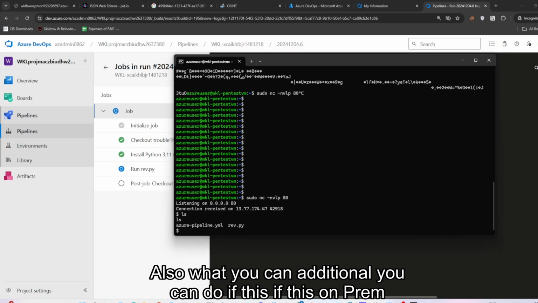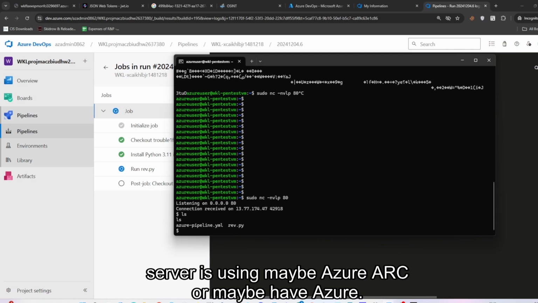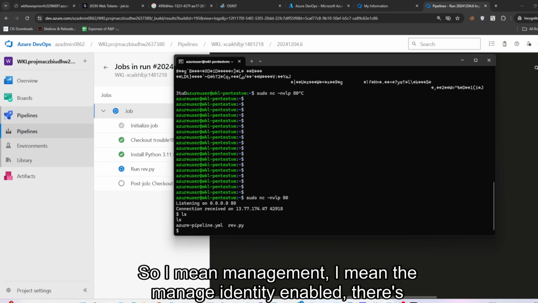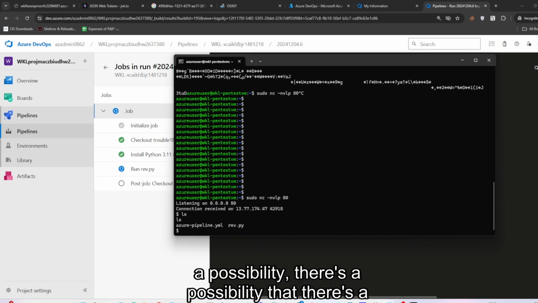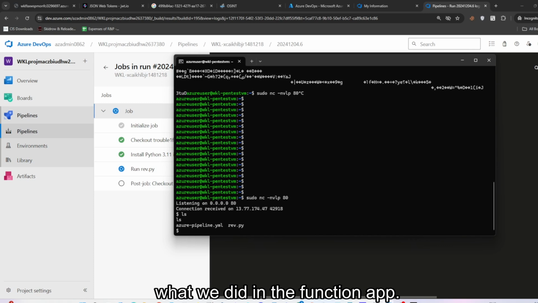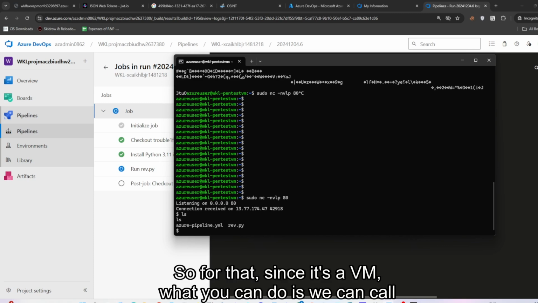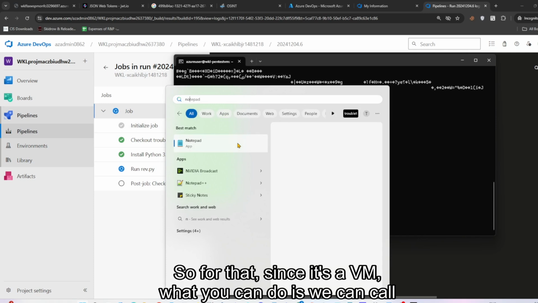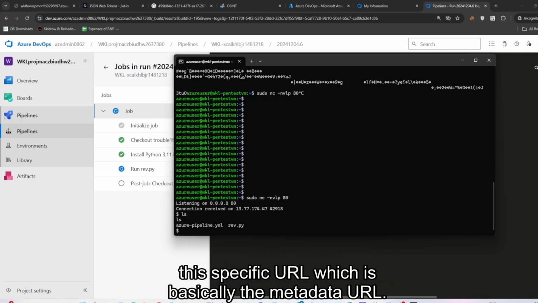Also, what you can additionally do is, if this on-prem server is using maybe Azure Arc or maybe has Azure managed identity enabled, there's a possibility that we can gain the access token just similar to what we did in the function app. So for that, since it's a VM, we can call this specific URL, which